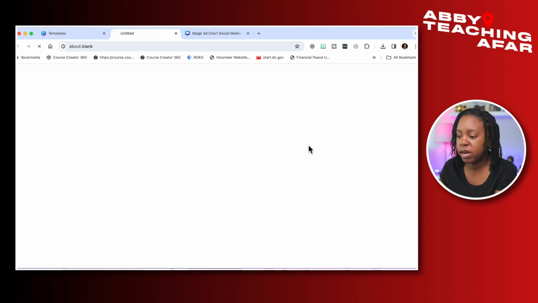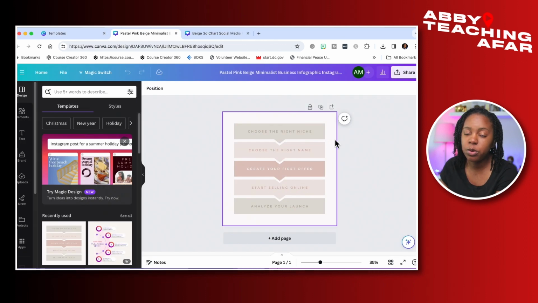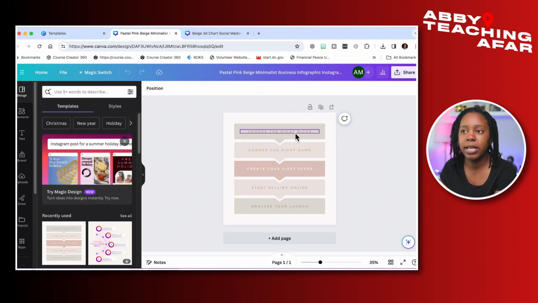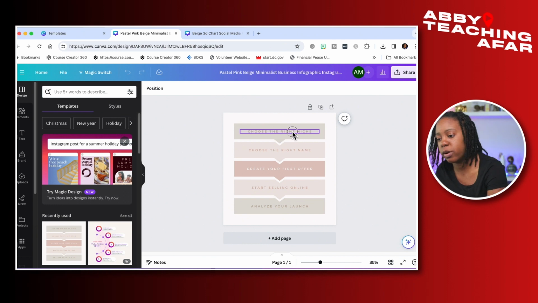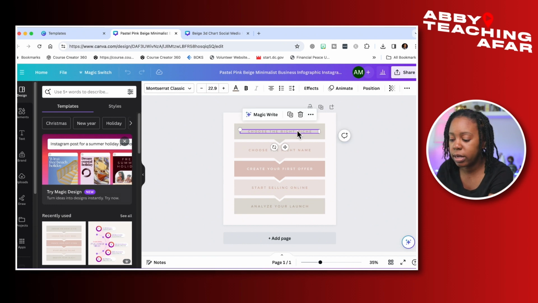And we're going to customize this template. Now, what you want to do before you get to this phase is think of something that you want to create that has some steps or instructions that you want to give to people so that you can have the text and the graphics in mind. So let's think of something, how to post on Instagram, right? So number one, I'm going to say,